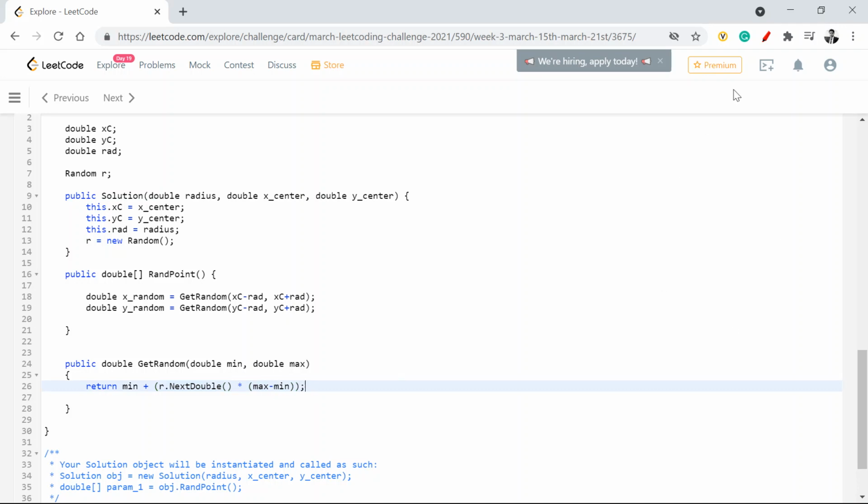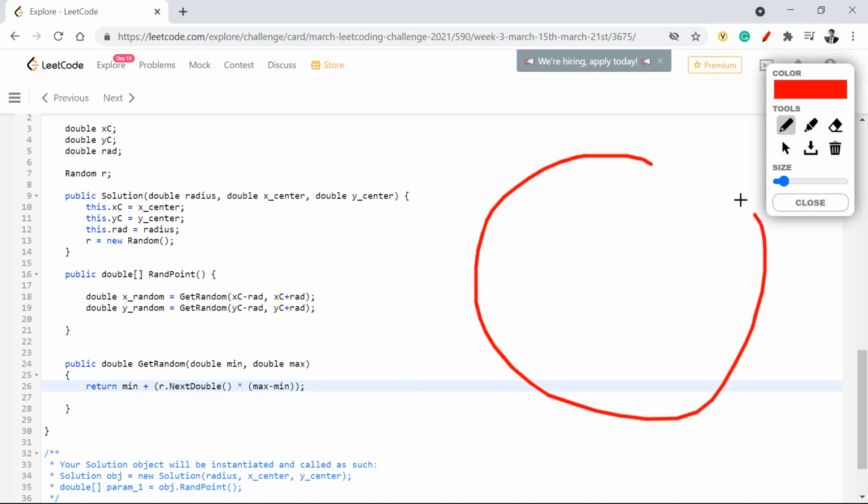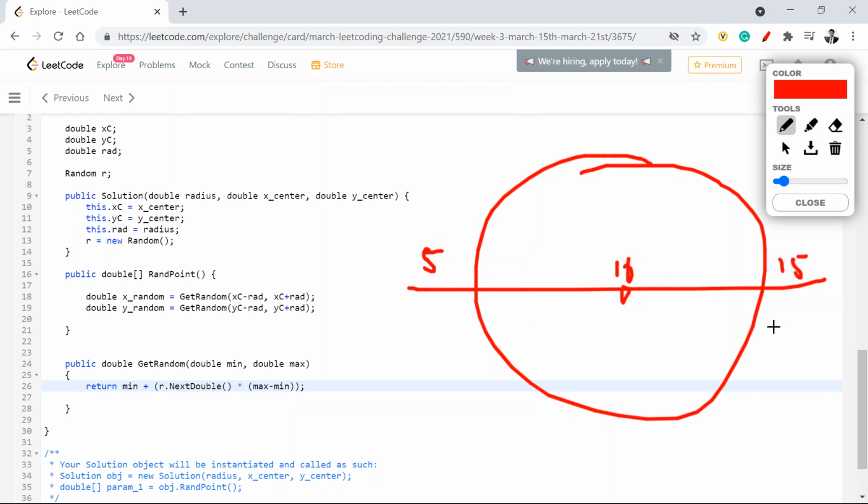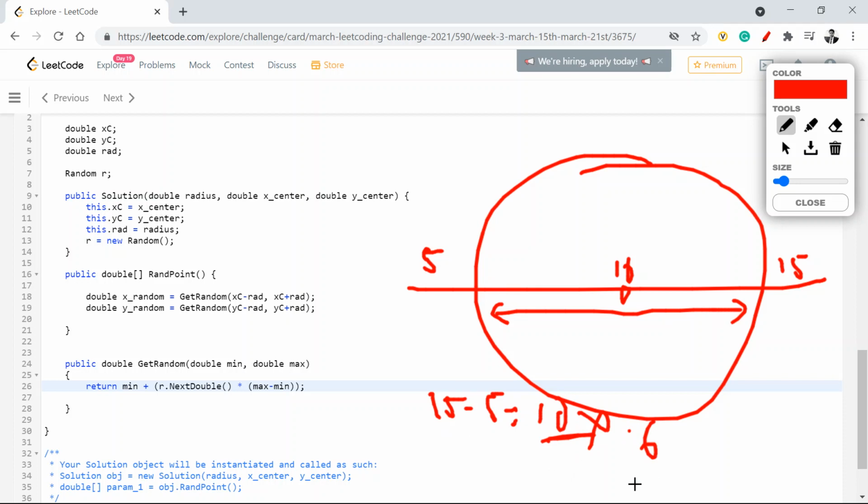Just to iterate this, right? If I'm looking at this circle and this is the range, say this was 5, this was 10, the center, this will be 15. I need to find any value between this range. So this overall value will be 15 minus 5, which will be equal to 10, right? And I need to multiply this with any random value between 0 and 1, say 0.6, right?